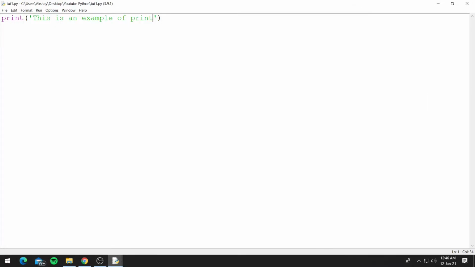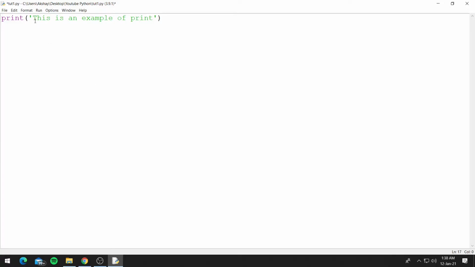You can also use the shortcuts Ctrl plus S to save and F5 to run. So when I say save it and run it and you don't see my mouse moving, it will be because I will be using the shortcuts as it is faster. So to know how to print, you also need to know about strings. So let's talk a bit about some string rules.